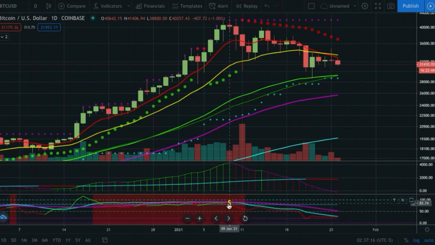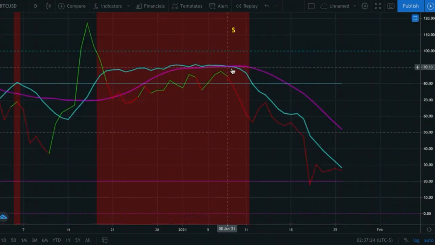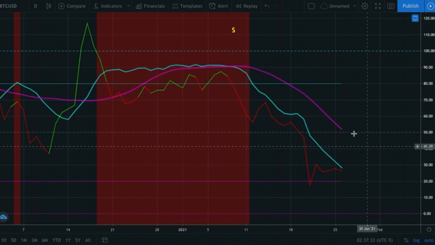Same with the Jewel Thief. Called the absolute top with the hard sell signal. Left the bullish control zone. Bulls lost control when we left this red area. And then the Stokes crossed, obviously at the hard sell, and left the bullish control zone. You'll see it flips out of that red as soon as the blue leaves. And then we've been in a powerful downtrend since then.